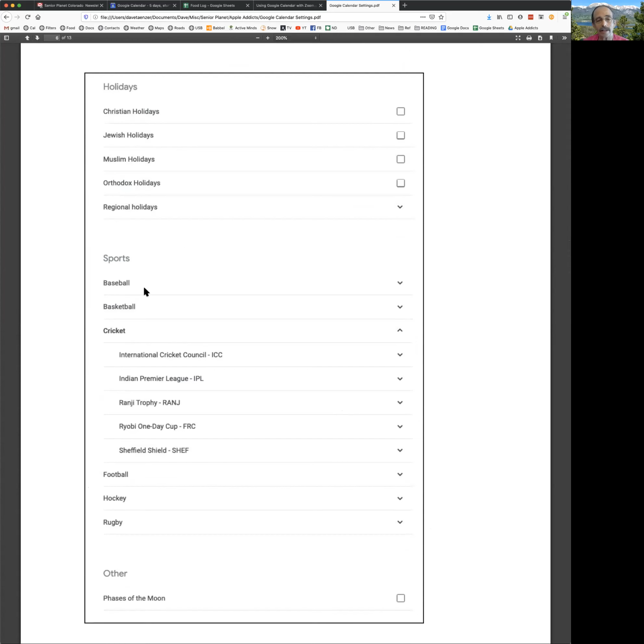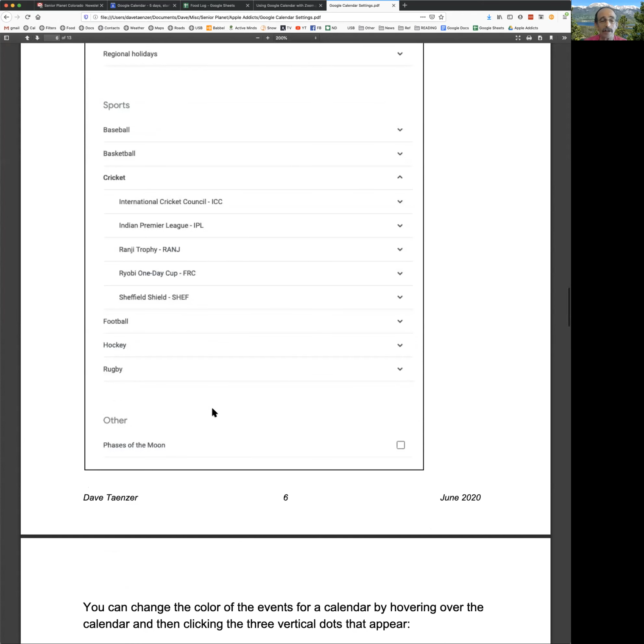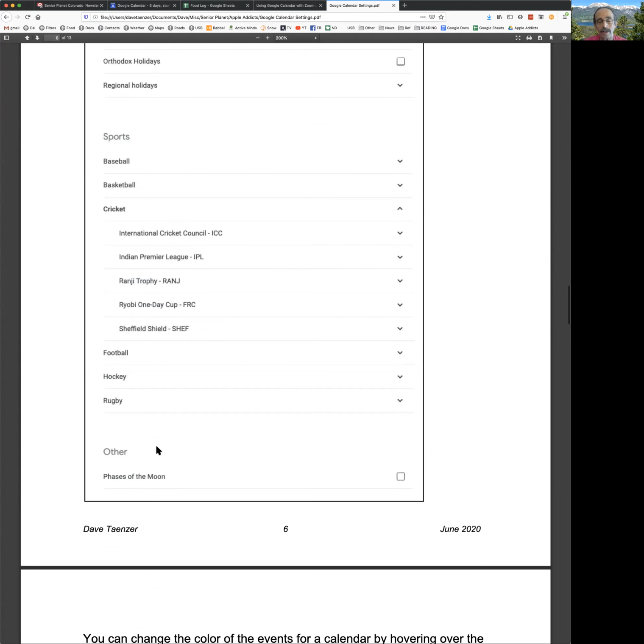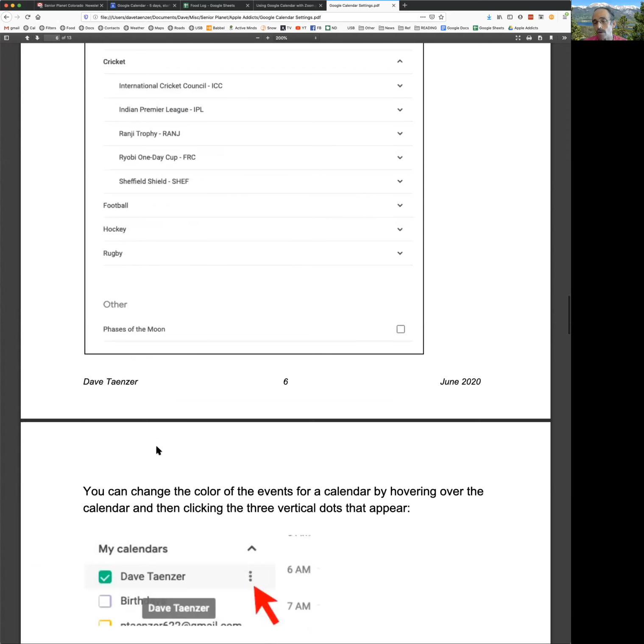If you select sports, like if you select baseball and then Major League Baseball, there'll be one for the Rockies to pull up their games automatically onto your calendar. Phases of the moon, all kinds of things. If you Google shared